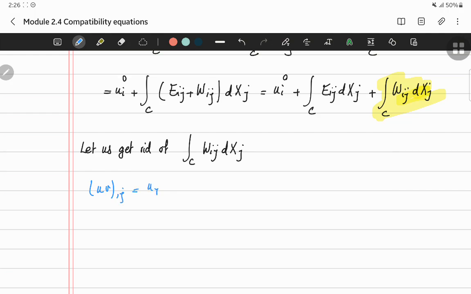It was u,j v plus u v,j. This is the integration by parts. So using integration by parts,